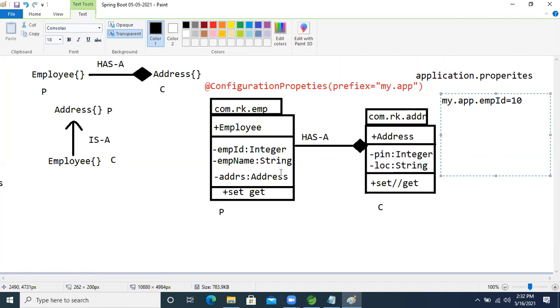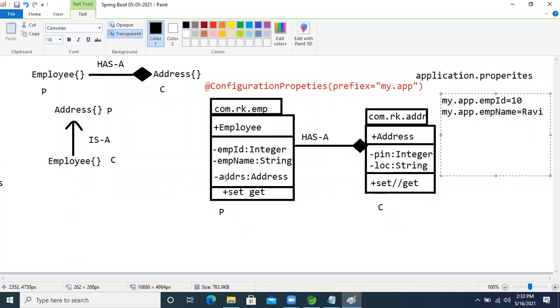Another one is empName, right? my.app.empName, I'm just taking Ravi only.